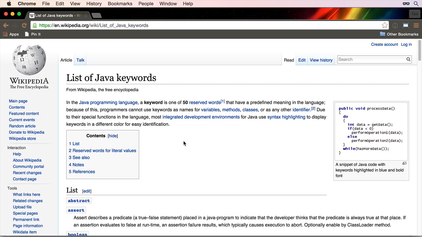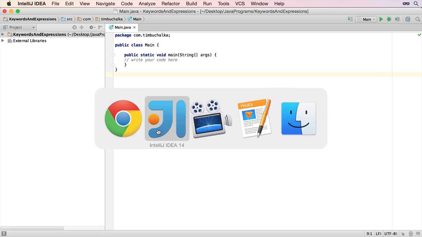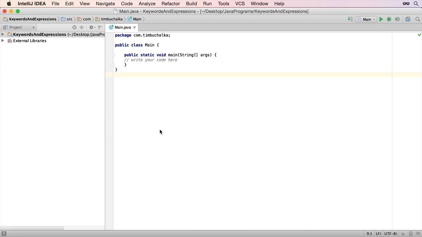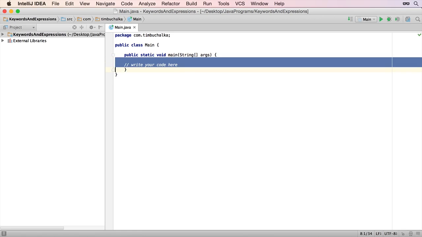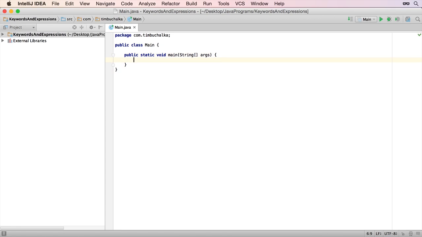What I mean by that is, I'll switch back to IntelliJ. Incidentally, for this video, I've created a new project called Keywords and Expressions. Anything in blue that's showing in the IntelliJ editor is confirming to you that this is a reserved word. So for example, we can't go in here and create a variable called, say, int. If we type int equals 5, we get an unexpected token,